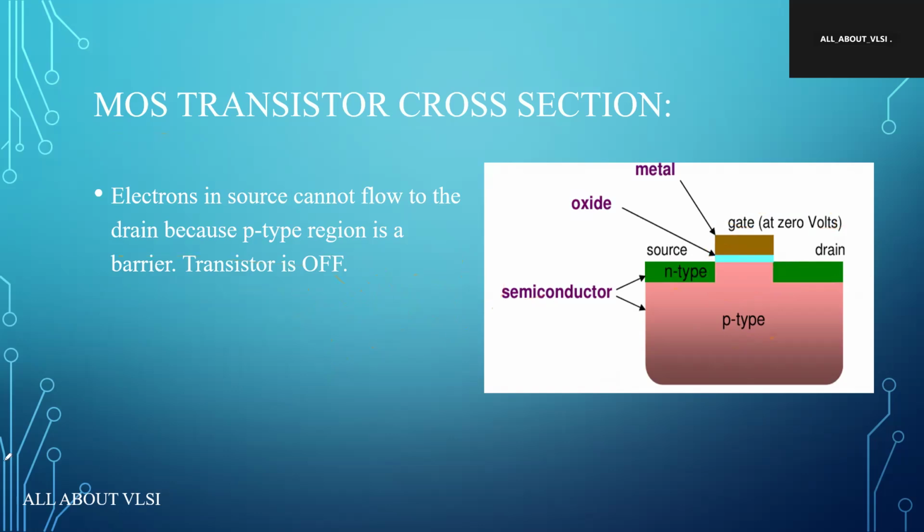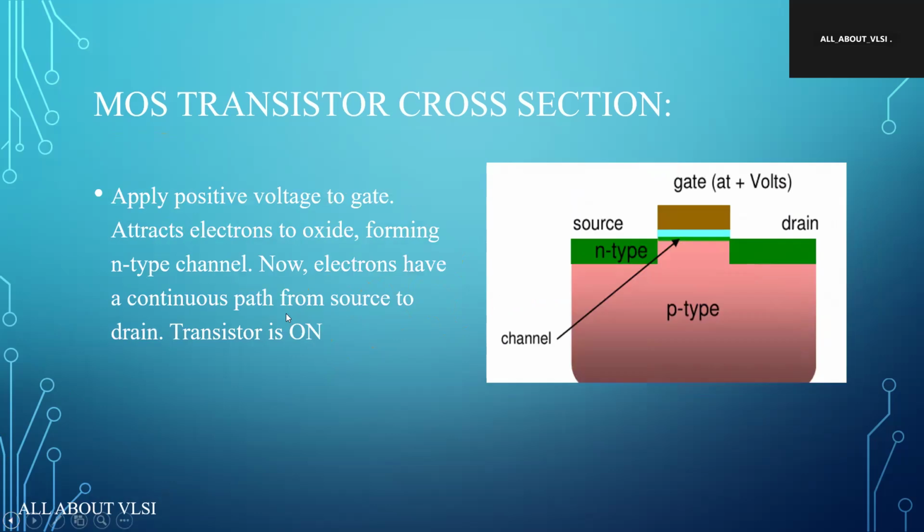And after that, compare both these things. Here we have some path, right? How is this path created? Before, at the gate we had only 0 volts, but here we are applying some voltage. So by applying this voltage, all these electrons are